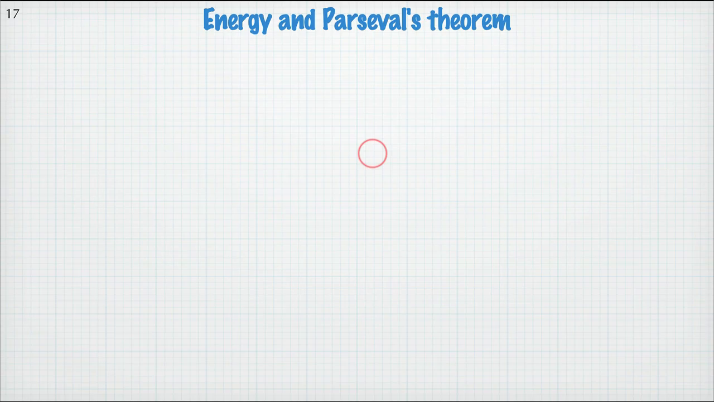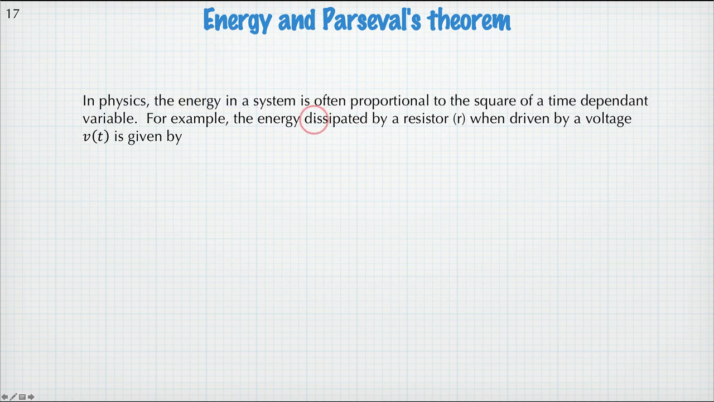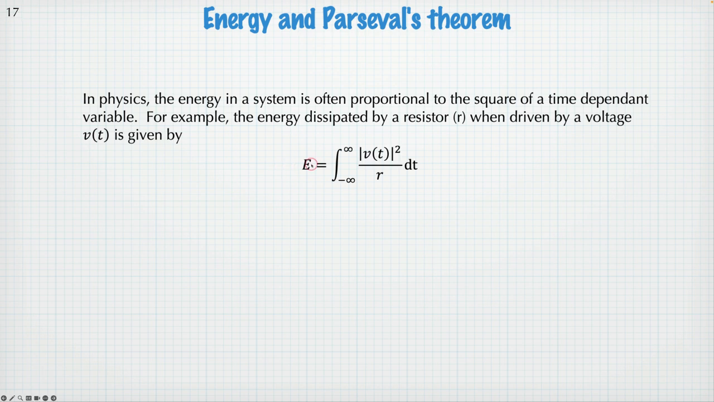The final Fourier transform theorem I want to talk about is known as Parseval's theorem, and it's really relevant for physics because it has to do with energy. So the energy in a system tends to be proportional to the square of some time-dependent variable. So for example, the energy dissipated by a resistor when driven by voltage V is given by the integral of